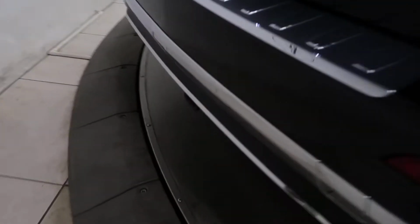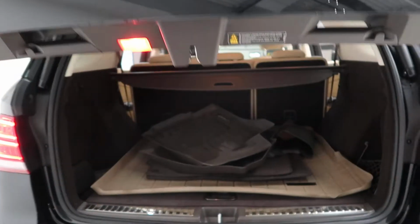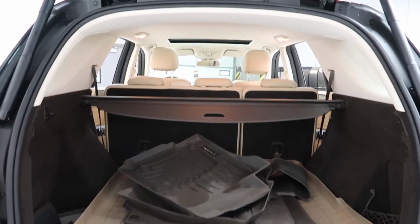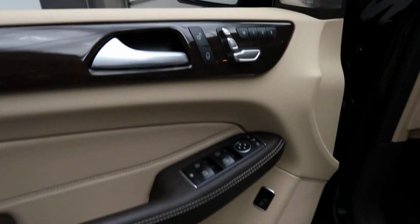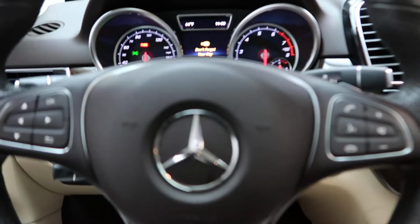come around back, trailer hitch, GLE 350 4MATIC badging, power liftgate, a set of all-season WeatherTech floor mats, regular floor mats, fold down rear seats, cargo cover, Premium One package with blind spot assist, Harman Kardon sound system, memory seats, power windows, heated steering wheel controls,